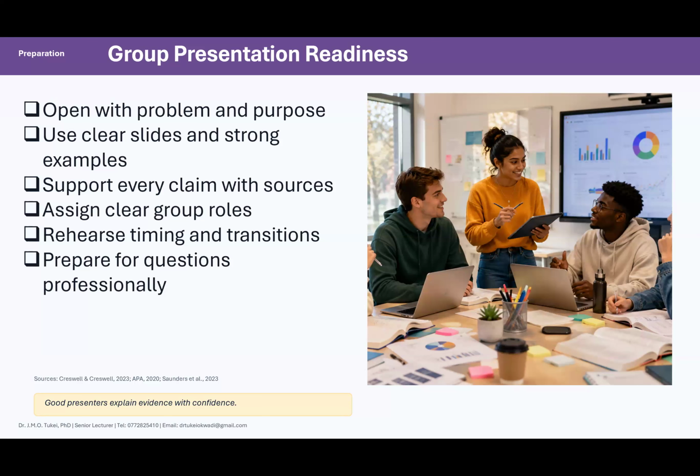Colleagues, scenario-based questions require students to diagnose the research problem and recommend suitable methods. Use research language accurately: population, sample, validity, reliability, variables, ethics, triangulation, and evidence. Where a question asks for practical examples from your country, the example must illustrate the concept rather than merely mentioning a country name. Manage time according to the marks. Give each part of the question adequate attention.